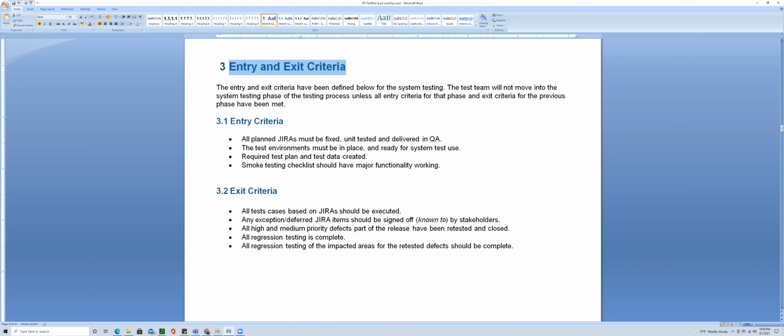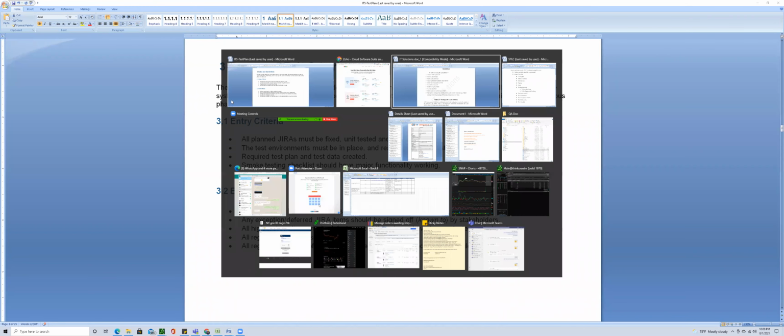What is test entry criteria? Before you go into testing, you have to make sure that your entry criteria is met. And what is test entry criteria? Remember, guys, we talked about setting up test environment. If you go back to STLC process,